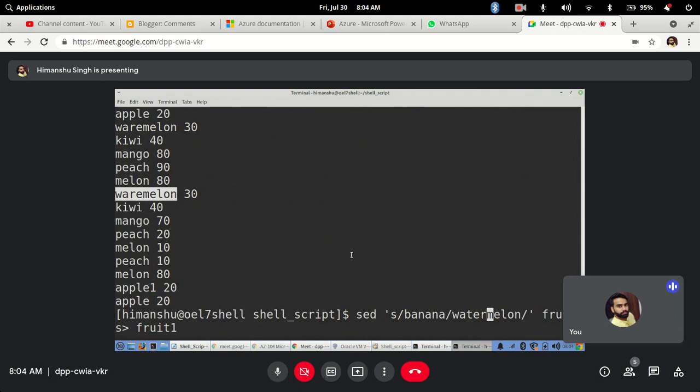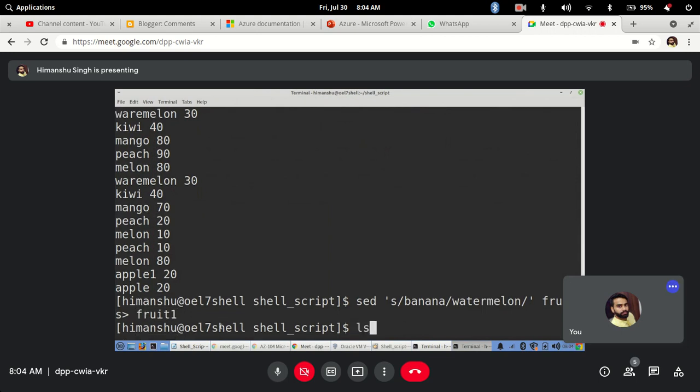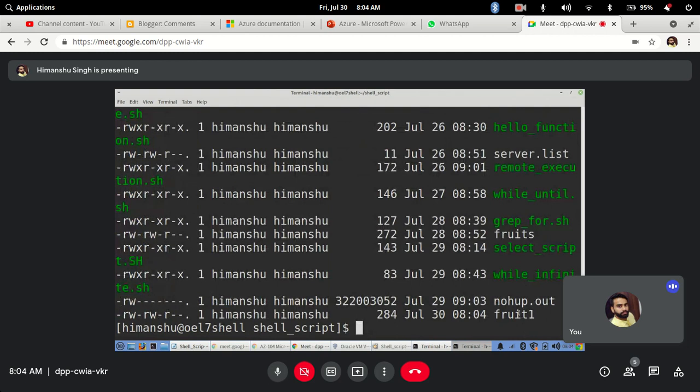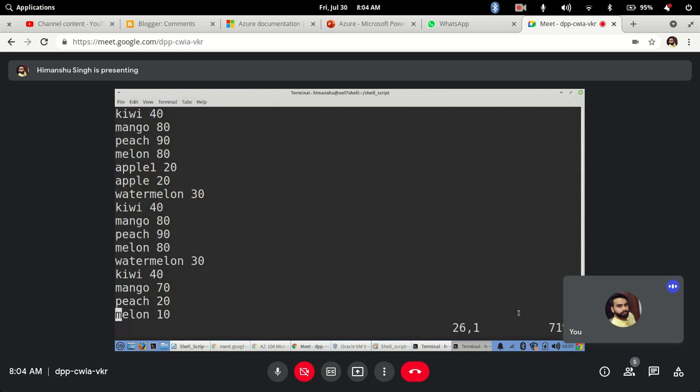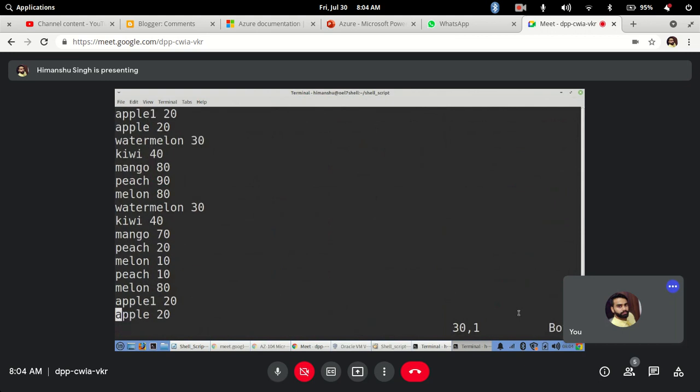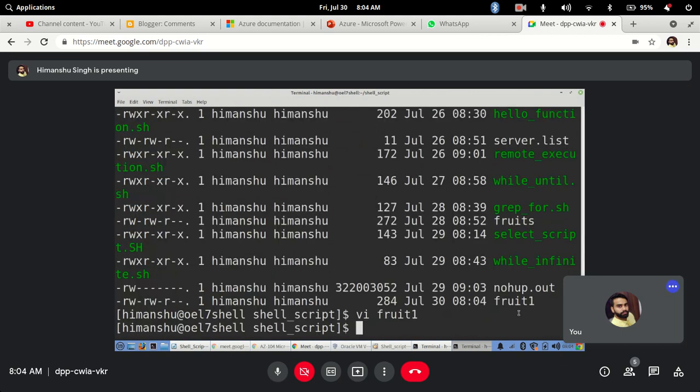Whatever the sed command does, it replaces the text on the standard output, not the original file. Now I am redirecting the output to another file, fruit1, and enter. So now we have a file fruit1 which has watermelon in place of banana, correct? So you have replaced a particular content from that file. Got it?